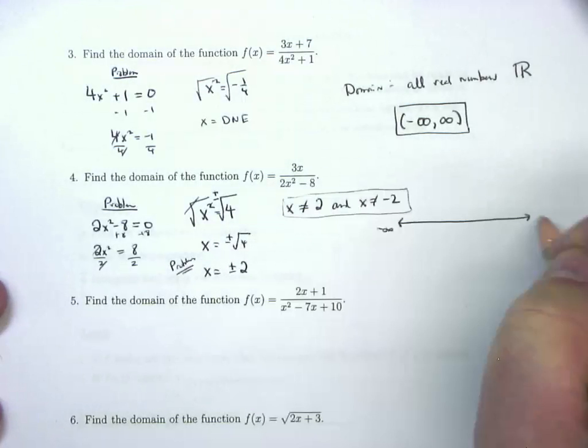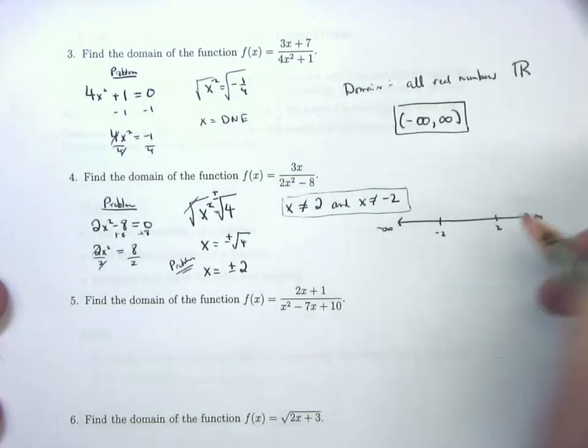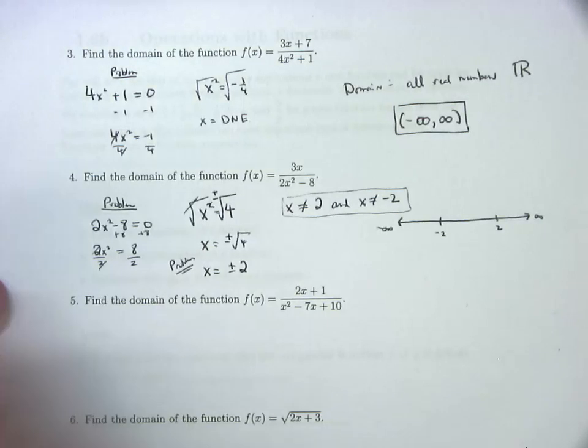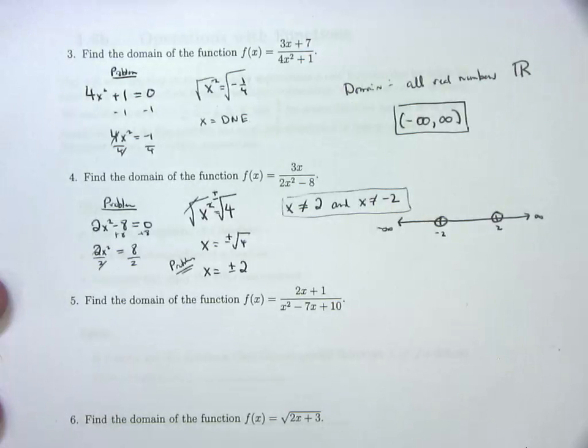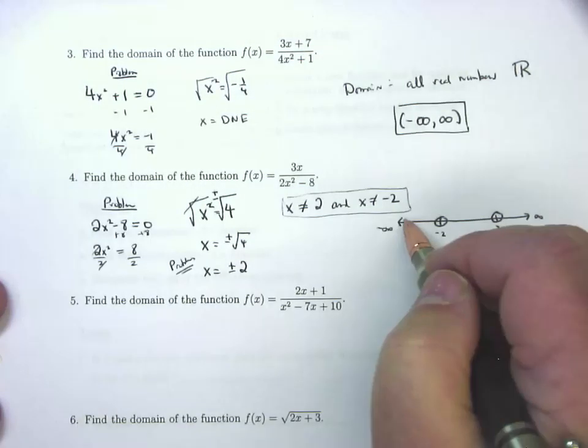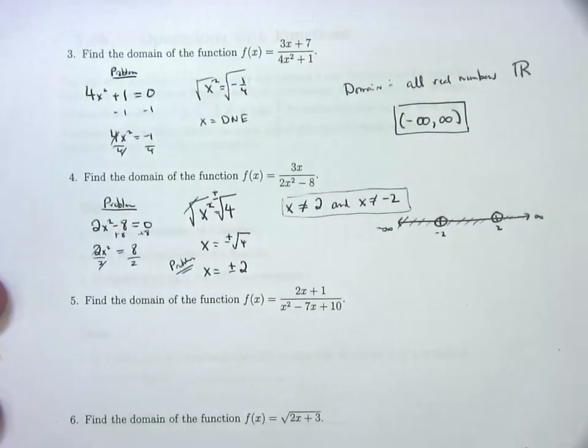Here's negative infinity, here's infinity. My problem points were at negative 2 and at 2. We need to omit them. To omit them, we'll put open circles around them. That means I'm going to exclude. So I can have any kind of number I want except for negative 2 and positive 2, which means